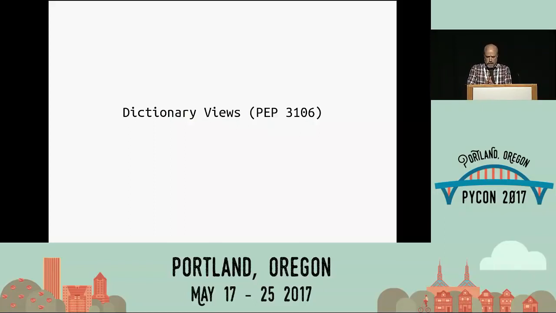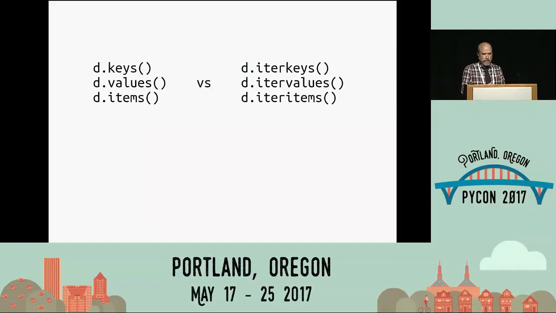And then, as a sort of the last thing, right as Python 3 was being invented, was dictionary views. This again came right out of the gate in Python 3.0, added to 2.7. Previously, originally, we'd had keys, values, and items that built ancillary data structures, lists. Iter keys, iter values, iter items were added to the language when iterators were, and they don't spin up a separate list, but let you get to all the keys or all of the values in the dictionary's order without having them copied into an intermediate structure.